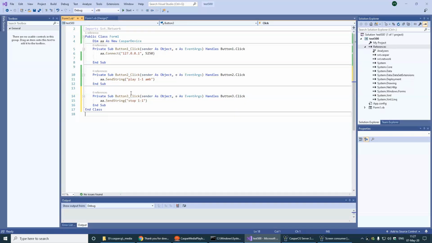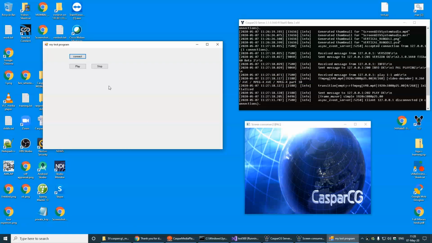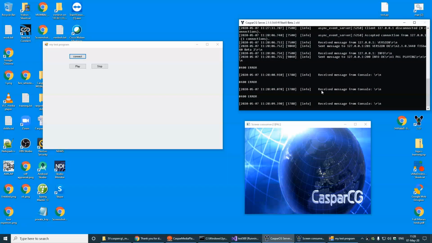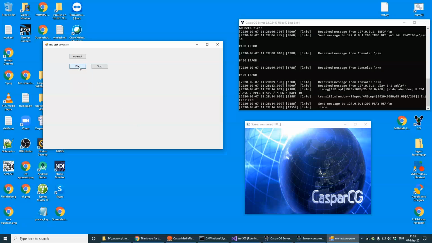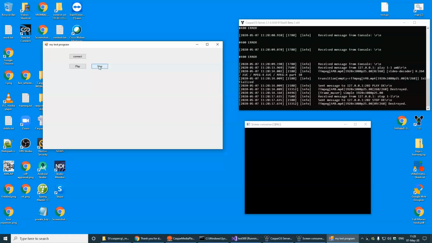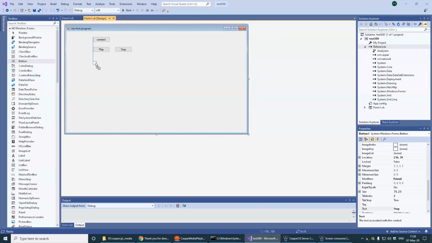So stop 1. Now test it. Connect button, connect. It has accepted the connection. Now play button. It will play, and the stop button will stop the playing file. So you have made a button to play and a button to stop.